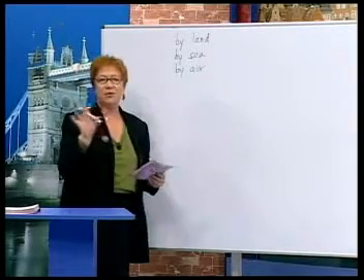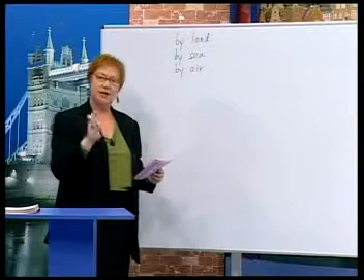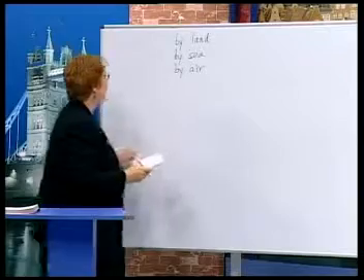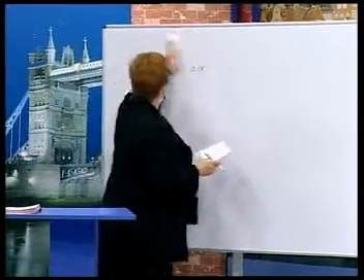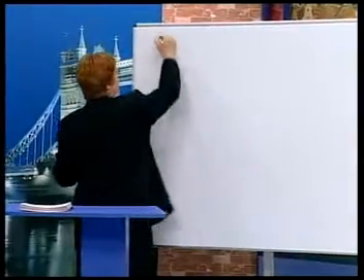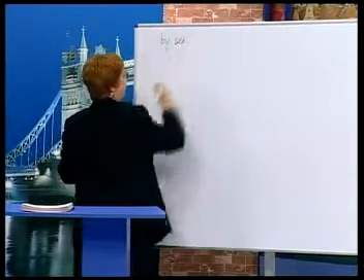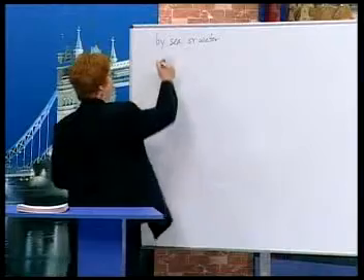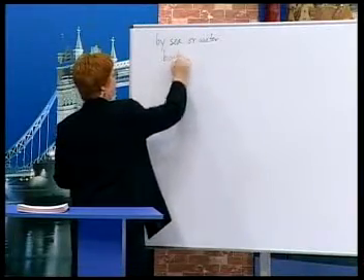Now, we're going to put the transportation that we saw into groups. Now, let's do it this way. How do we travel by sea or water? So, can you name one, Susan? How do we travel by sea? We travel on the water in a boat. We can use a boat on a river or a lake or the sea.